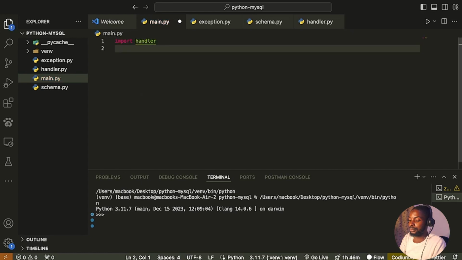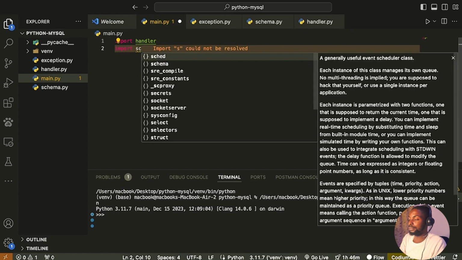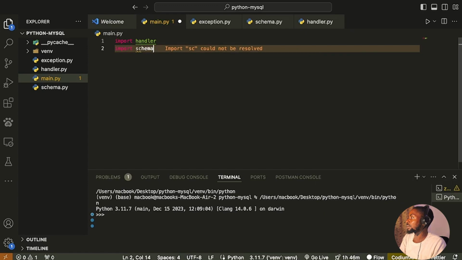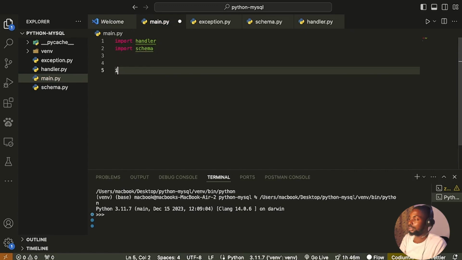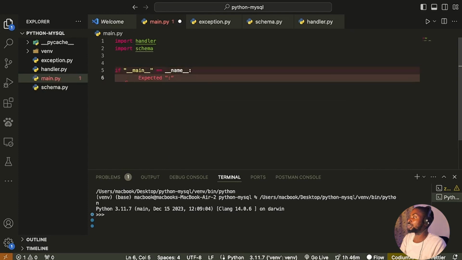At the same time, I'm going to import my schema, obviously. So those two modules are very, very important. So in order for me to start this, I'll just say if __name__ equals to __main__. So the first thing I want to do once this application starts is to actually connect to a database,